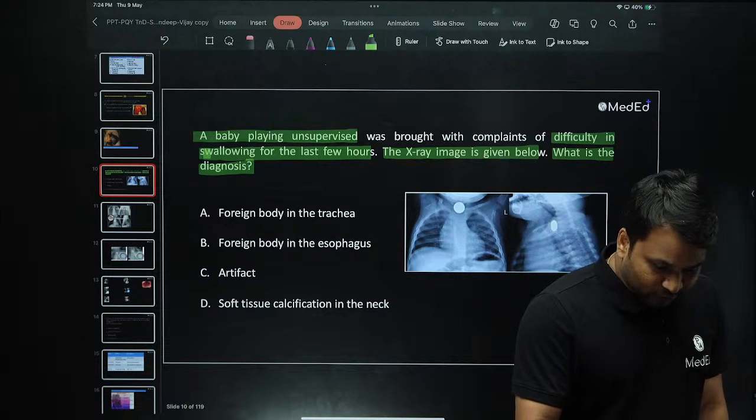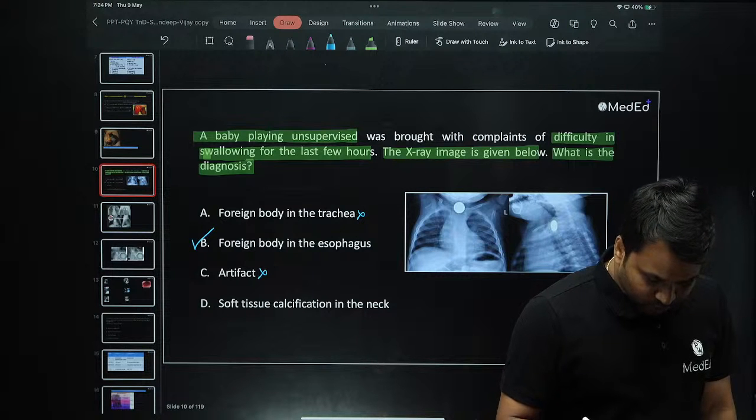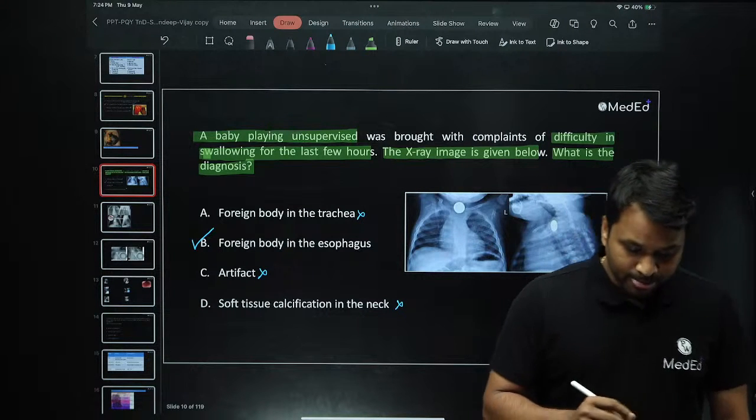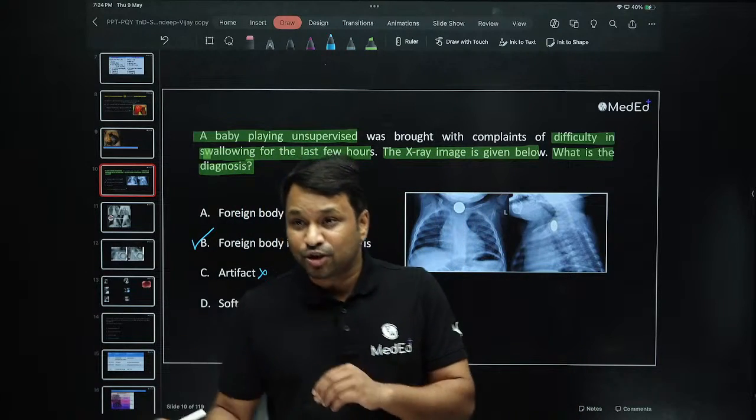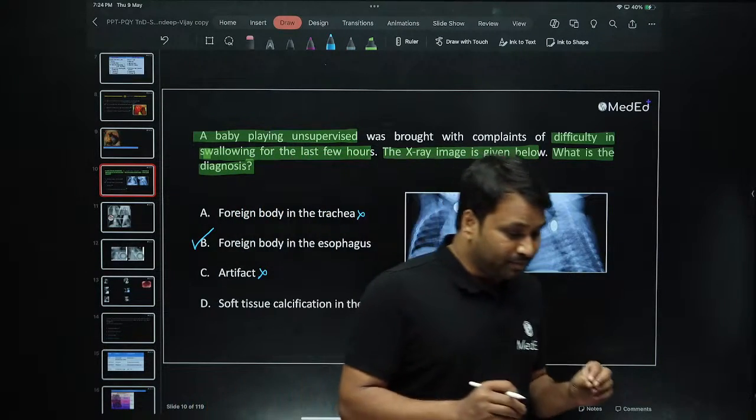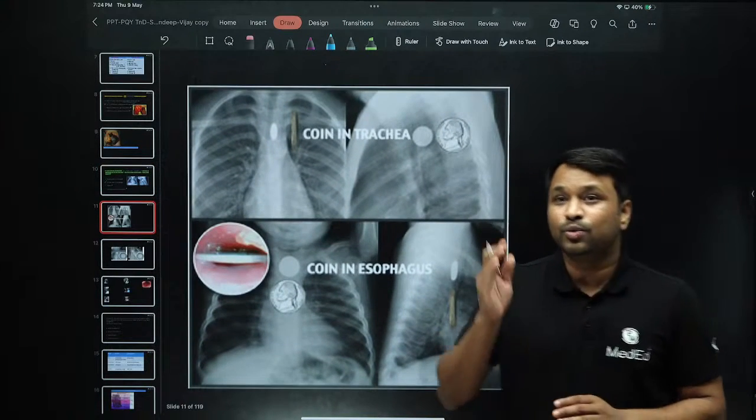Is the foreign body in the trachea? No. Is it in the esophagus? Yes. Is it an artifact? No. Soft tissue calcification? No. Right? Now, how do you know whether this foreign body is in the esophagus or in the trachea based upon the radiograph? Now, you see, in the trachea, you will have sagittal